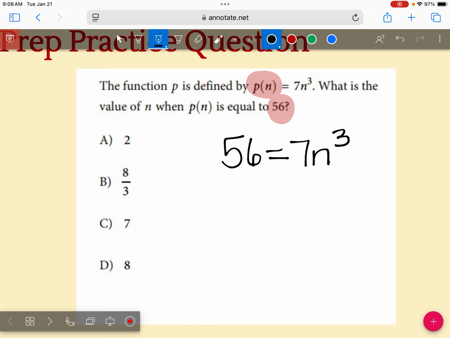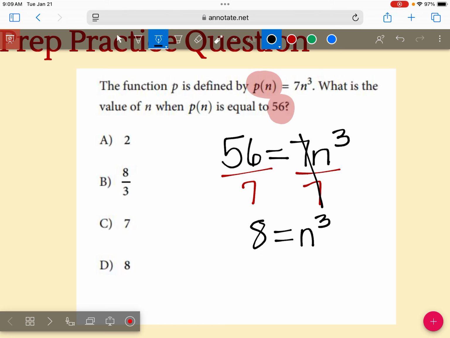So we have to get rid of that 7. How do we do that? Divide on both sides. Thank you. So let's go ahead and do that. We're going to divide 7 on both sides. And that's going to cancel out that 7 and leave me with 8